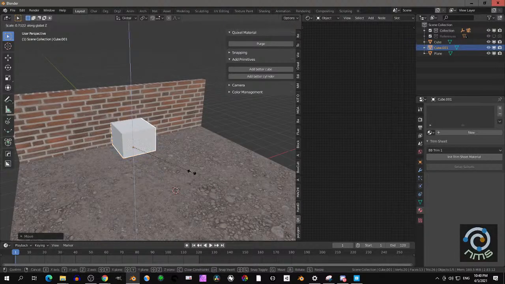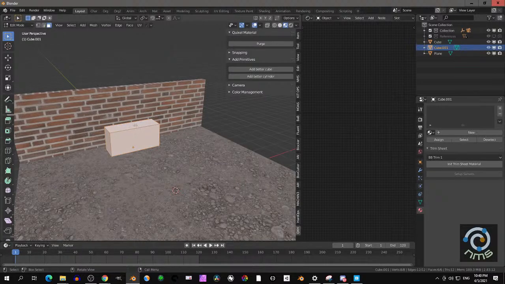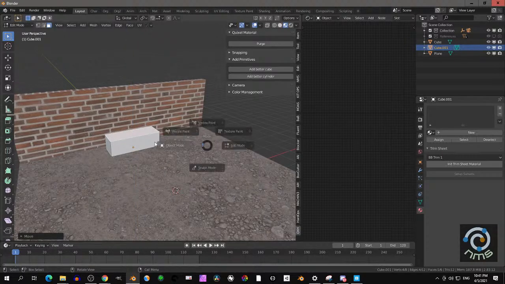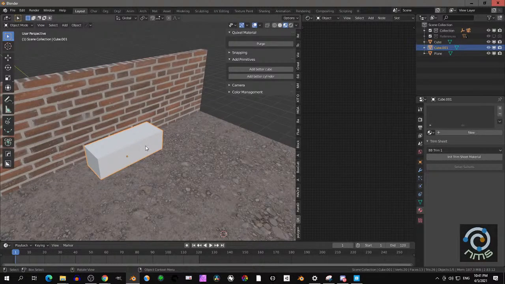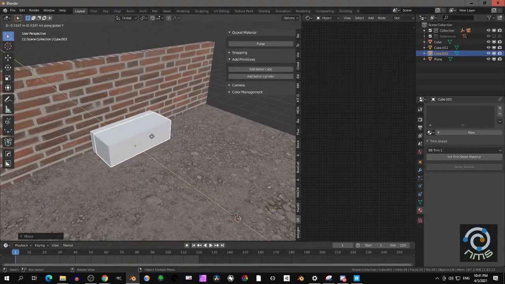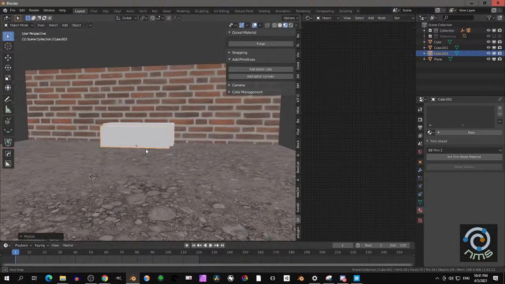A cube, scale on the y-axis, then scale on the x a little bit, apply the scale, go in edit mode, 3 for face select, and scale that a little bit down. Then in object mode, I move it to the wall, and then I press Shift D and then Y to copy this on the y-axis, and I scale it a little bit down so I get this,